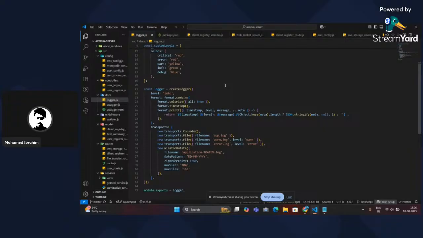And since it is at the error level, it will be the default red color. It will show like this, and it will be printed in the terminal. Next, to store some